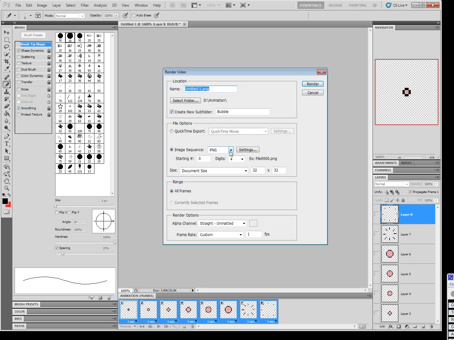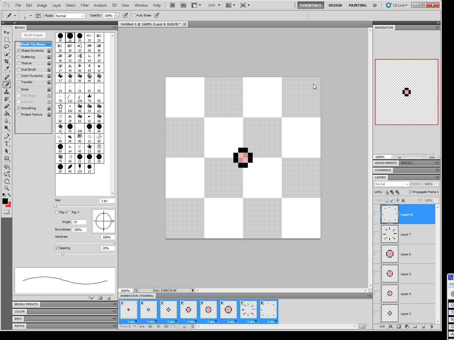You can give it a name here. I'm going to call this a bubble pop. Select a folder. If you want, you can create a subfolder, which I will. And as we want transparency, select your alpha channel to straight unmatted, and your frame rate set to 1 frames a second, which is why we set these to last for 1 second. So we get 1 picture per frame. Press render, and then if we look on that folder, there's a new folder called Bubble, and there we are, all the